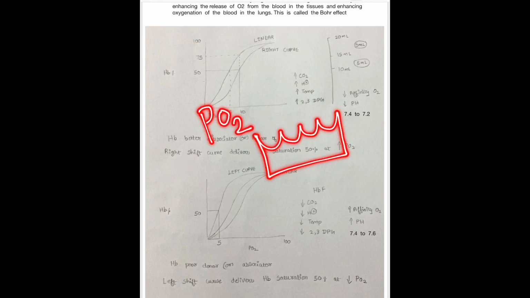So what happens if there are no disturbances? If there are no disturbances, then the hemoglobin saturation is 100% maintained, and you need a partial pressure to maintain this 100% saturation, but you don't need an increased partial pressure. So this 100% is maintained at very low partial pressure. Here you can see when there are no disturbances at the partial pressure of 5, the hemoglobin is saturated 50%.